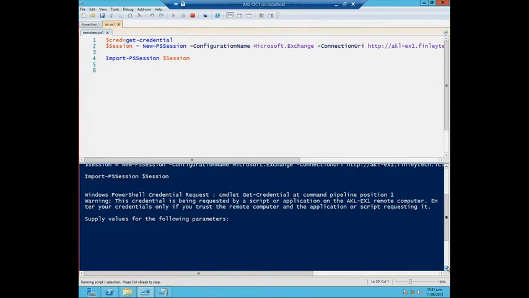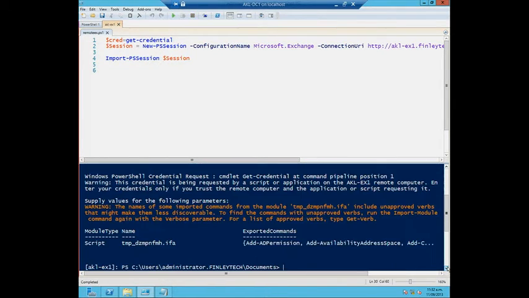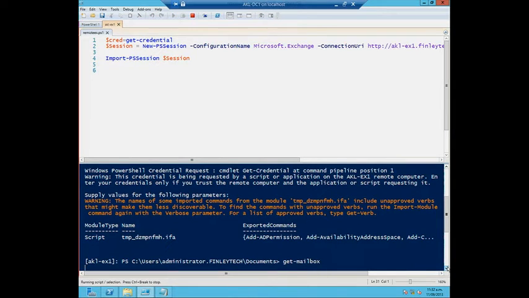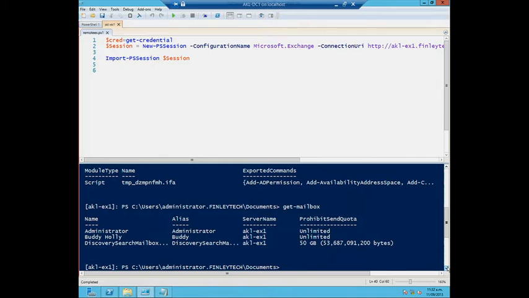Now, to be fair, I did not check all of my service starts on my Exchange server since I did a hard start on it. No, there we go. Okay, happily it did. Get commandlet. Looks to be okay. So now, AKL EX1. It's weird, I know it's a bit weird. I was already on a remote PowerShell to the Exchange server, but I wasn't basically hooked into the Exchange stuff. Now I am. Now I do get mailbox. Here's my list of mailboxes.